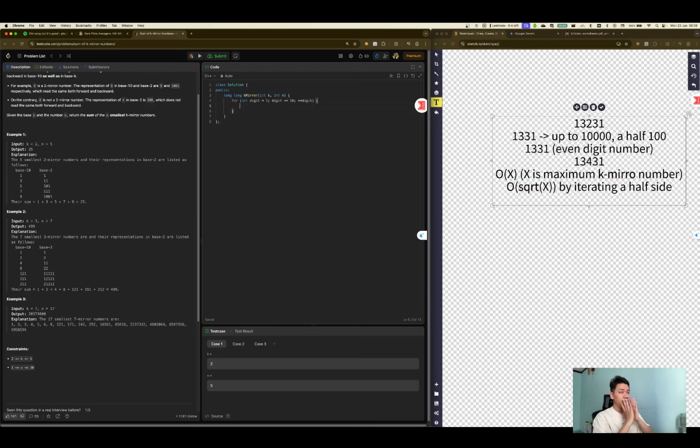Alright, maybe it's time. I will iterate up to this number, this approximate one. So now half here. I'm going to use half the digits, divided by 2, right? It must be rounded up, plus 1, like 3. If you want to construct a 3-digit number, you're going to need one